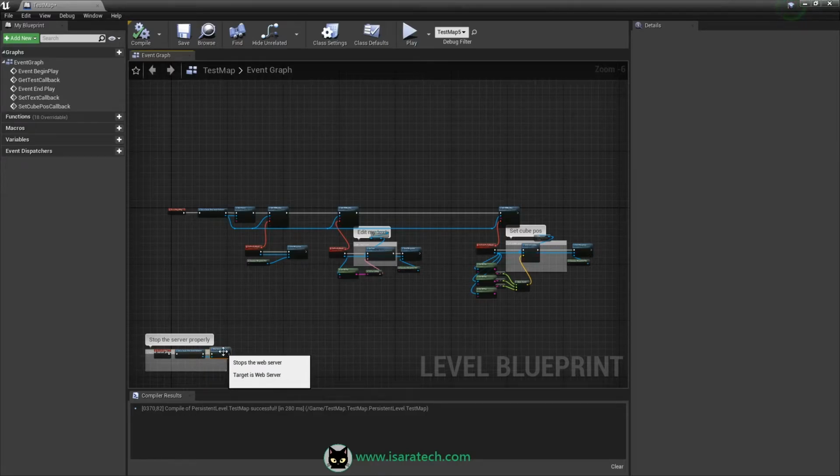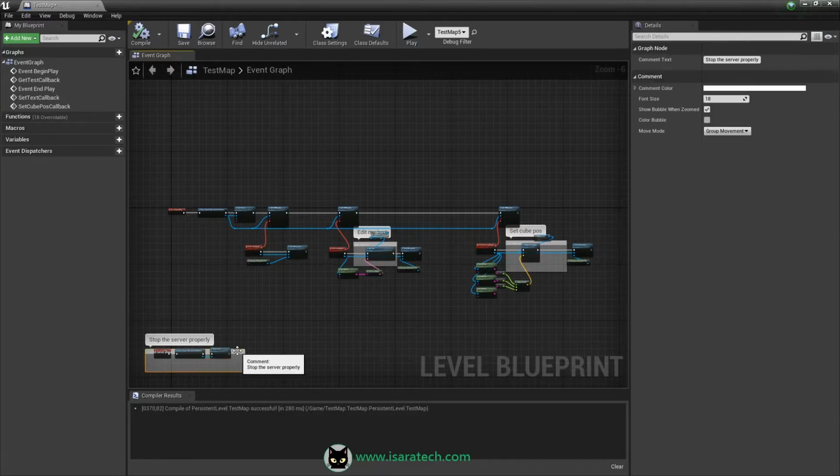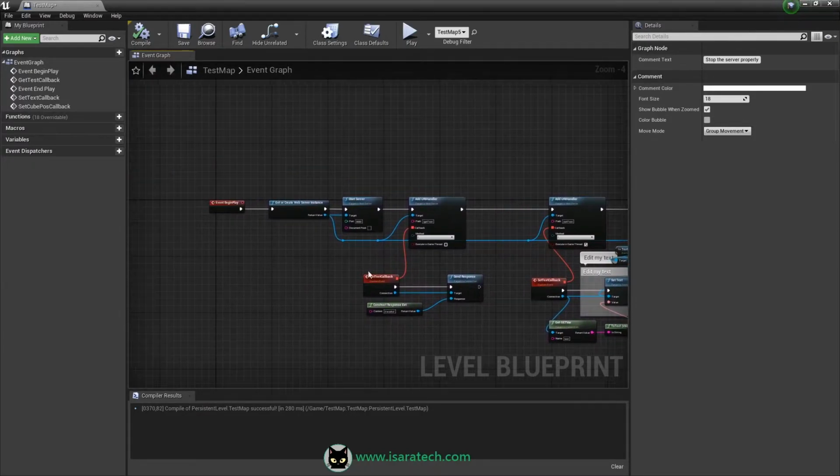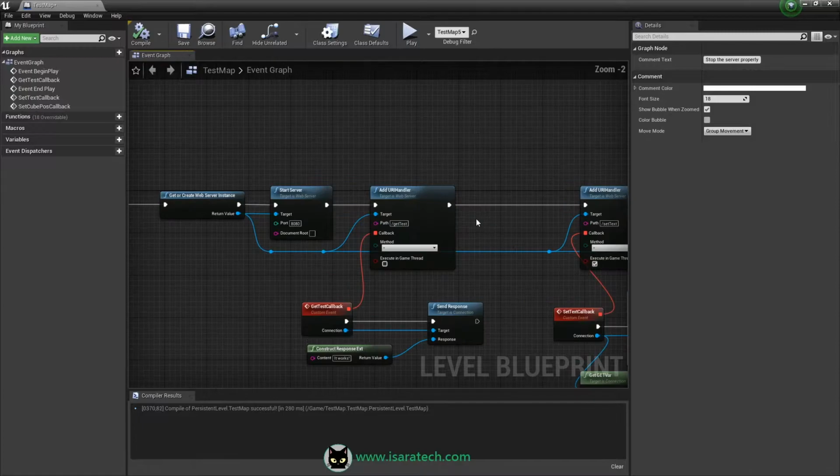Okay, so why don't we add some web page in our Unreal application? When I say web page, I mean a page with HTML content, maybe CSS and maybe JavaScript.